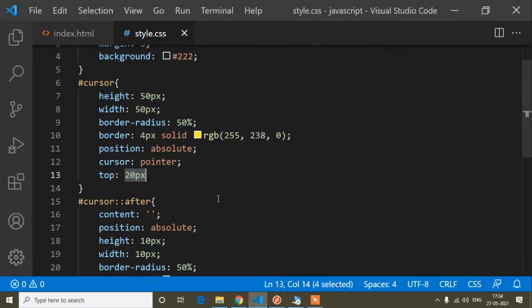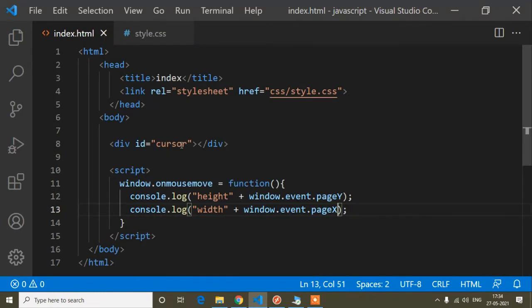Now I have to manipulate the DOM property of this cursor.